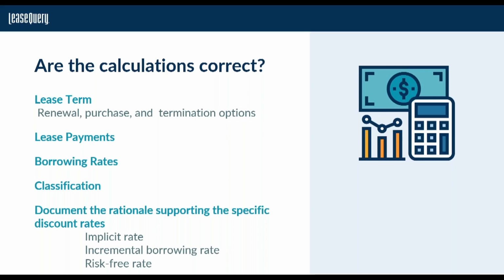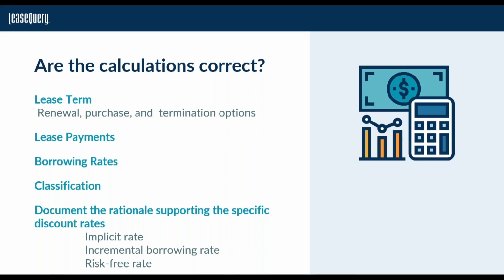And then finally, your discount rates. This is huge in calculating the lease liability and right of use asset. Under the standard, lessees are required to use the implicit rate if it's readily determinable. However, it's quite complex to figure out all of the assumptions that the lessor is using when determining the implicit rate. So if you can't find the implicit rate, you have the option to use the incremental borrowing rate, which